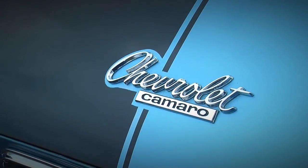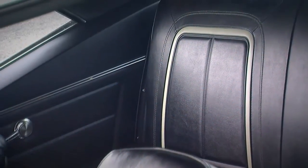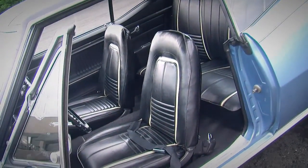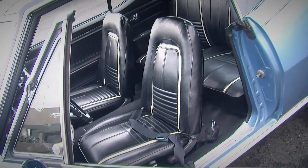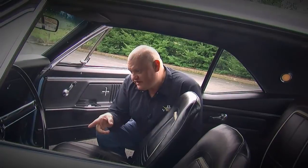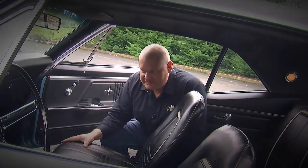It's got a lot of neat options on it. The very rare fold-down rear seat. It's got deluxe interior. It's got retractable seat belts. The interior of the Z28 is pretty much how it left the factory, but just a couple things added on. The Muncie 4-speed stick handle, no console, basic bucket seats,